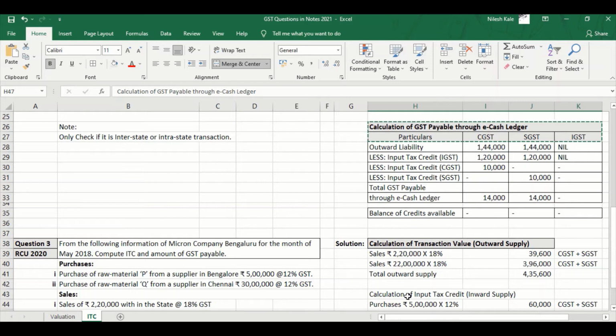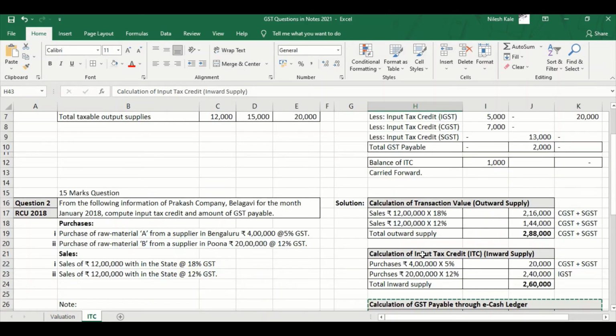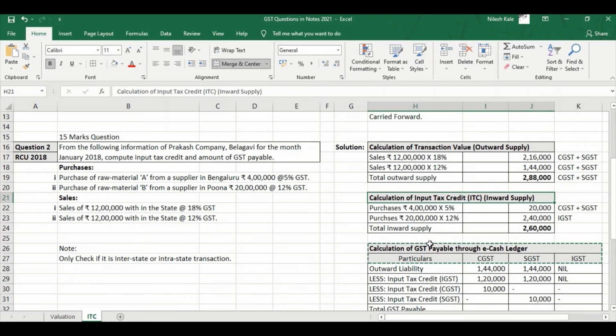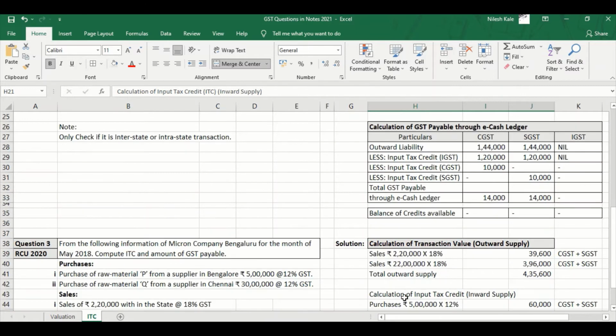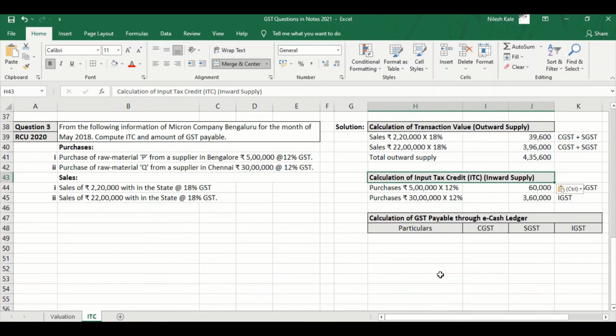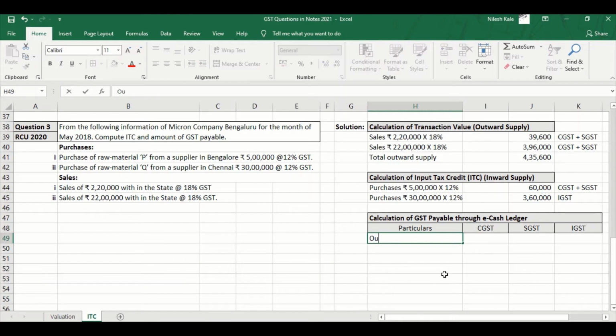How about this input tax credit? Yes, I'm just saving the time, nothing else. Output liability. What is CGST liability? See,